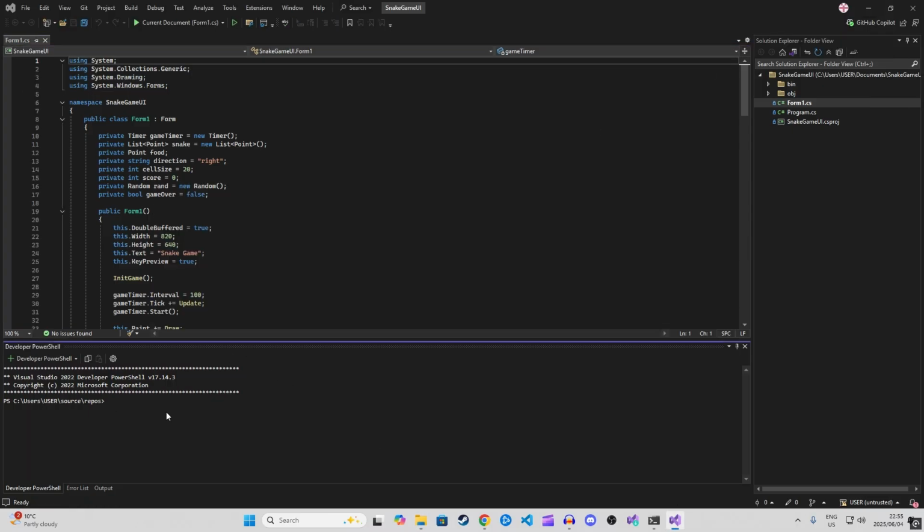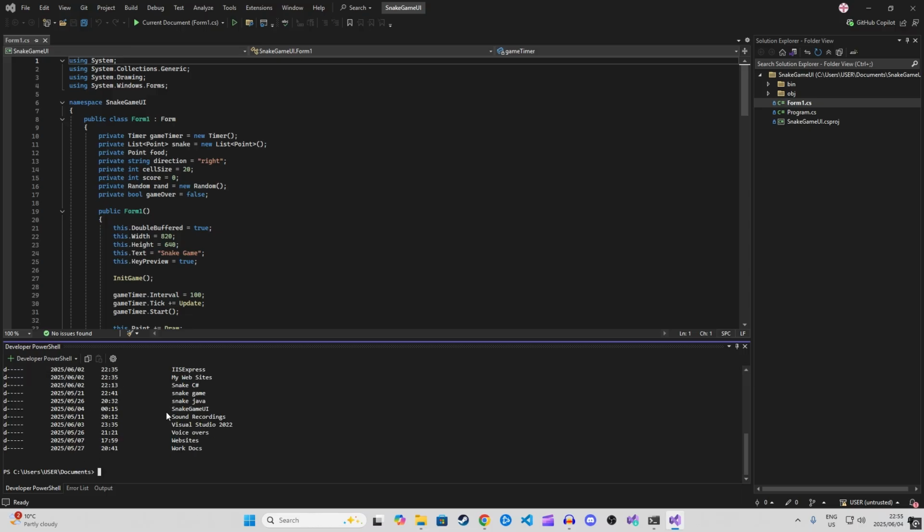And then from here you'll need to locate your path. So this is basically, I need to go back more, I believe, and then I need to open documents, and then I need to list what's inside here, and then I need to open the